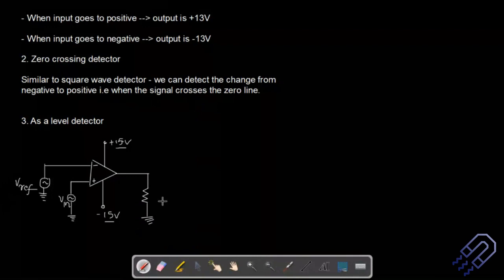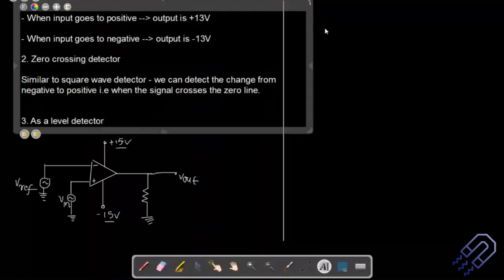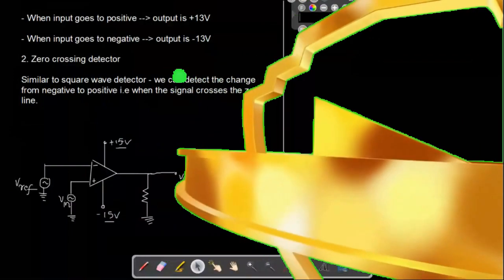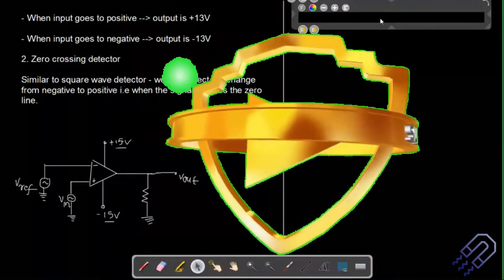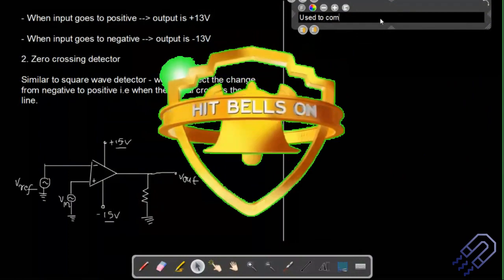Here also, of course, whenever you are doing this basic thing, you should draw this V output, V out. Okay, so this is a level detector. So how do we use it as a level detector? It is used similar to when we are doing a comparison. So this is working as a comparator, no doubt. So just write down these points. Used to compare